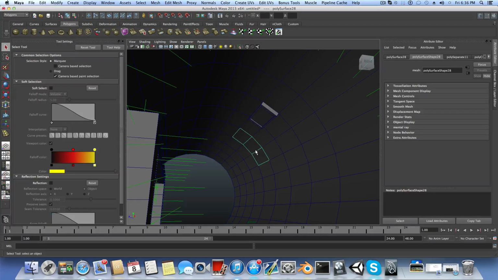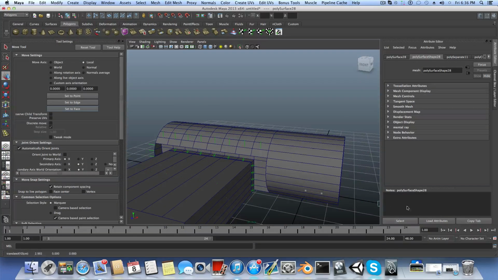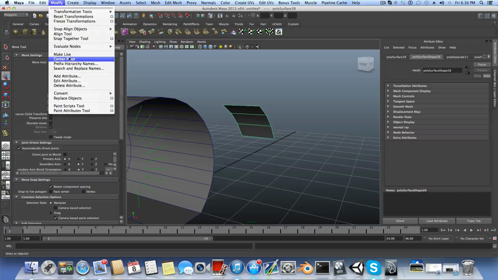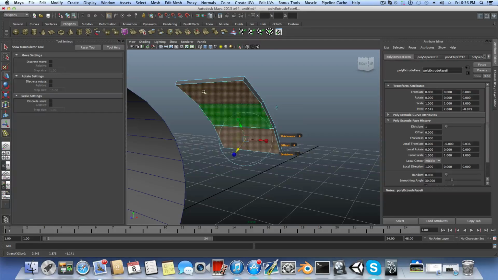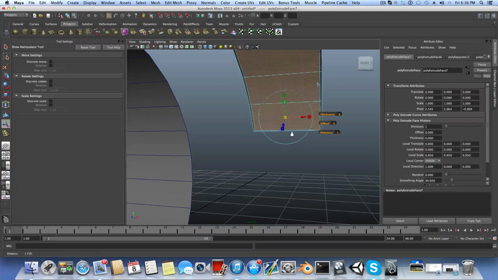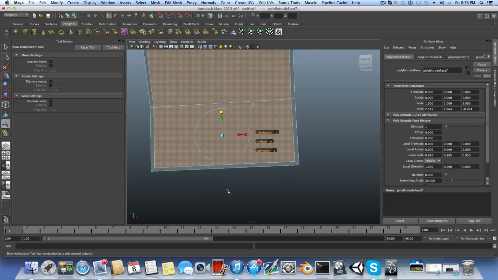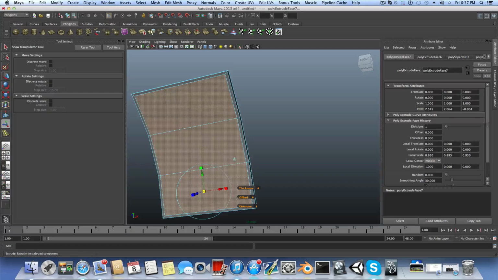I want to bring them outside, so let's move them on this axis, okay, and Modify, Center Pivot, extrude it like so, extrude it once again, tap on one of those cubes, let's extrude it inside, but I want the frame to be equal, so I will use this cube to make sure this frame is equal in all the, okay, like so, and then extrude again and bring it inside like so,